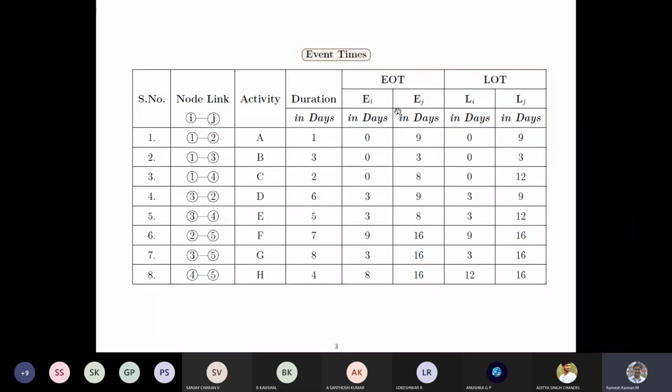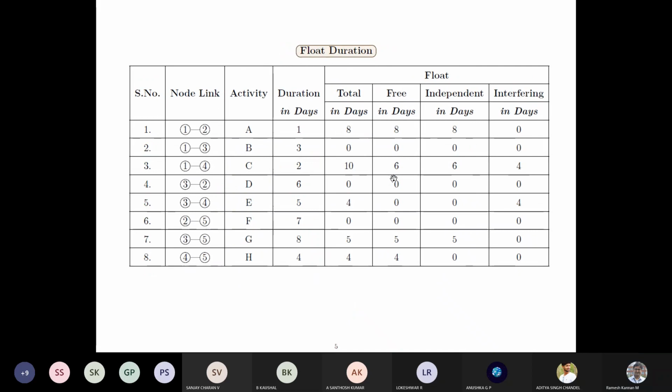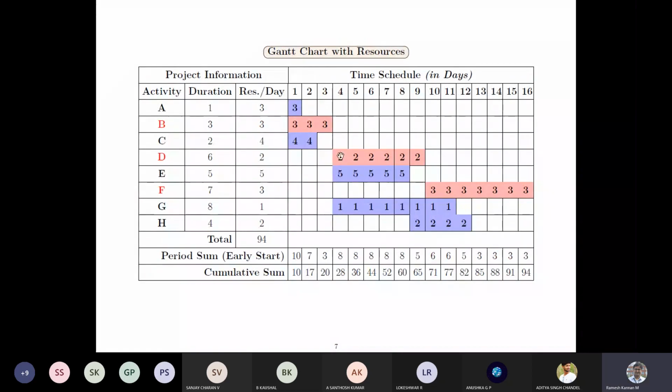So if you take a look at this network diagram, the predecessor for D is B. So unless B is over, D cannot start. As simple as that. And also F has a predecessor of activity D. So unless D is completed, F cannot start. So that's what this link is. That's why if B falls on the third day, we'll start D by the fourth day. Unless B is over, you cannot start D.